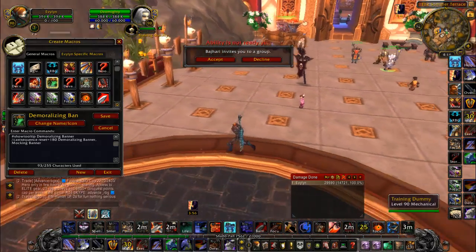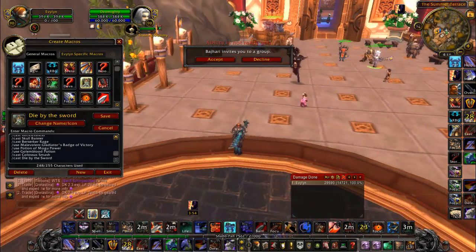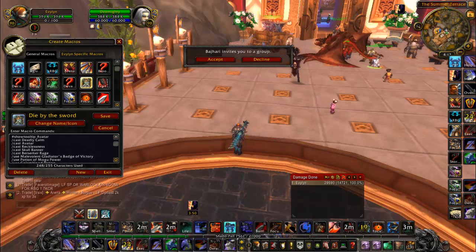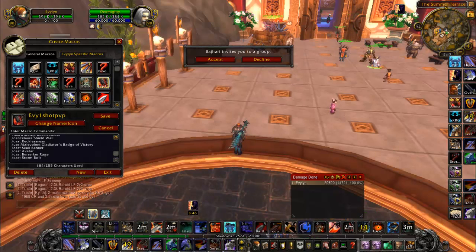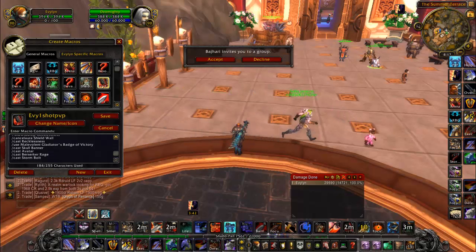And the same goes for any other macros. This one is my Die by the Sword plus all your one shot macro, and I have it for Avatar because I don't have that much screen. The next one is my one shot macro, which is basically the same thing minus Die by the Sword, and